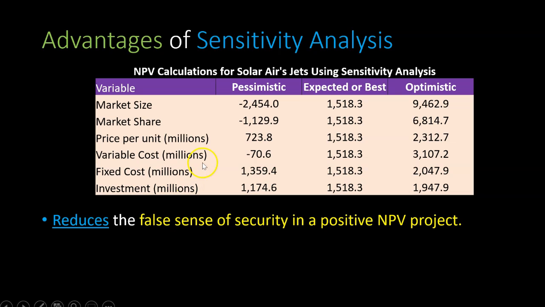And so, for example, with market size, you can see that while in the best case situation, yeah, it's a positive NPV project, but for some reason, if the market size is not that large, we can see that this could very well be a negative NPV investment. And so this false sense of security that this 1.518 can give us, once we've done some sensitivity analysis, we can say, hey, you know what, we've got to be careful. This may very well turn out to be a negative NPV project, and you become a little bit more careful